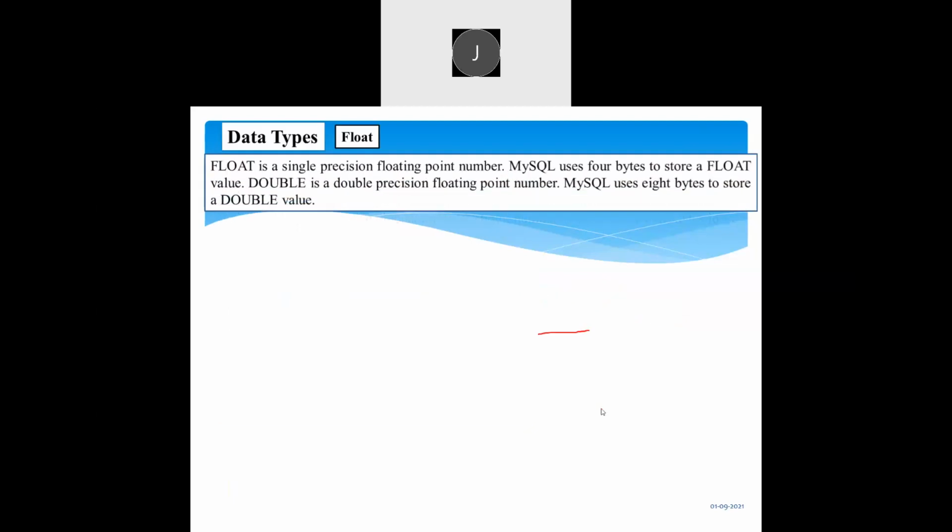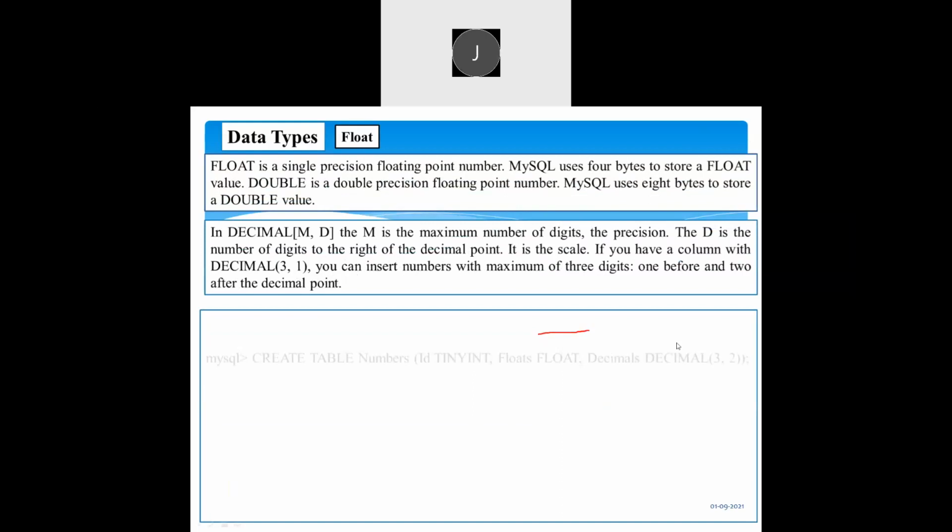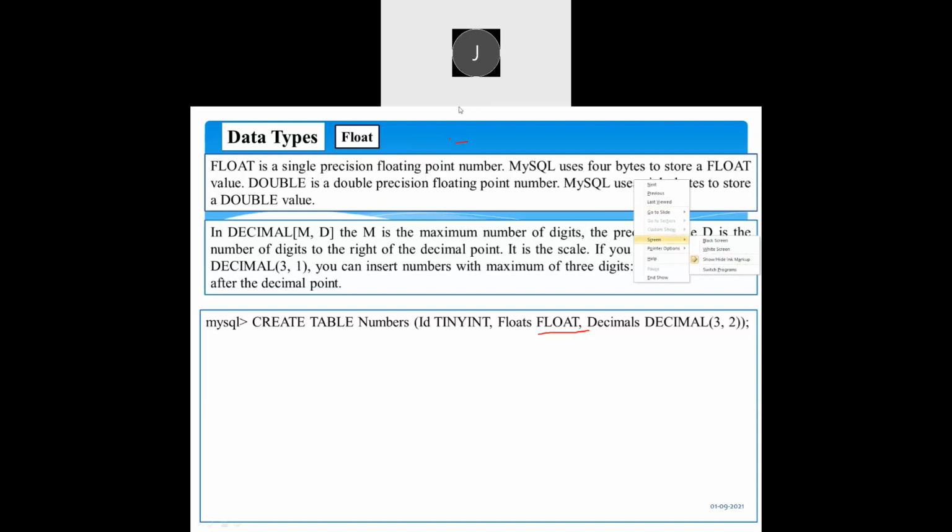Okay, furthermore, float is also a data type. Float follows single precision floating numbers, which is the point after whatever value we are giving. MySQL uses 4 bytes to store a float number, the same as an integer. It takes 4 bytes to store a